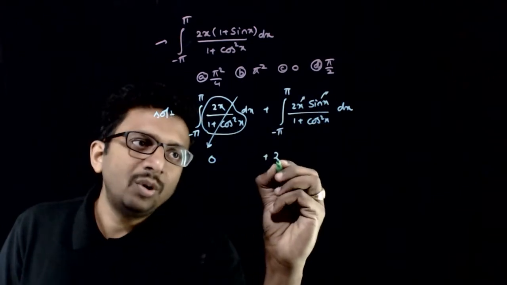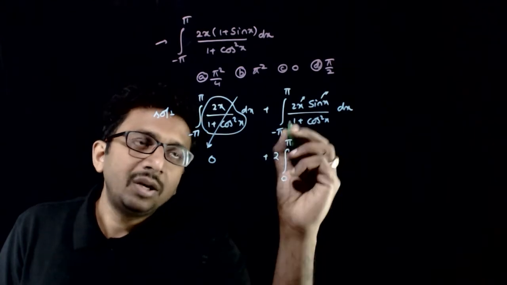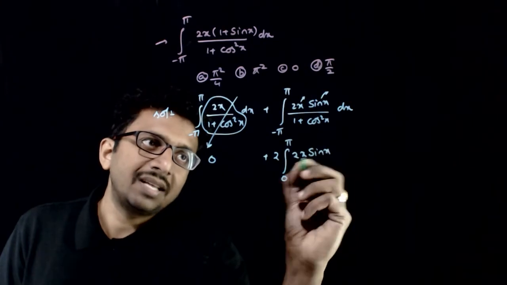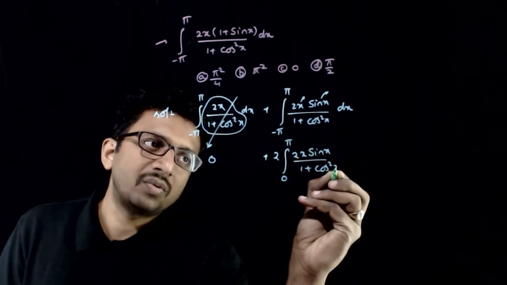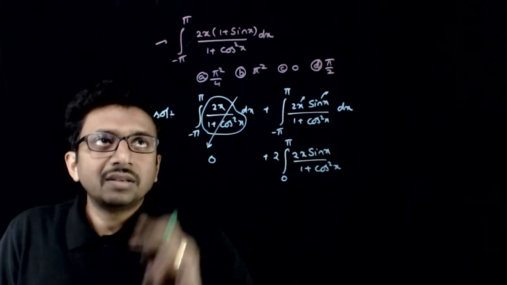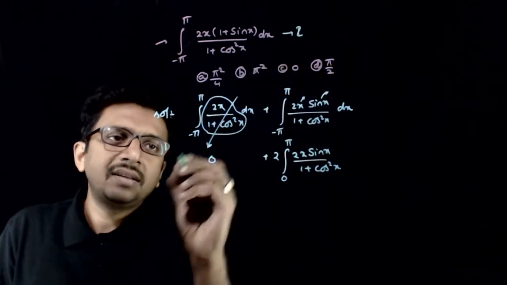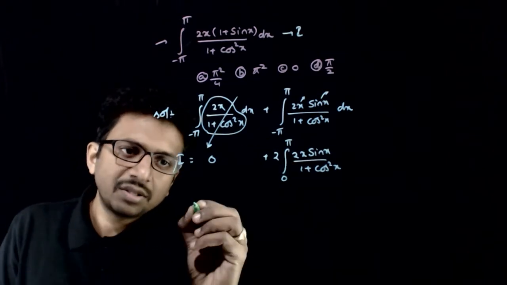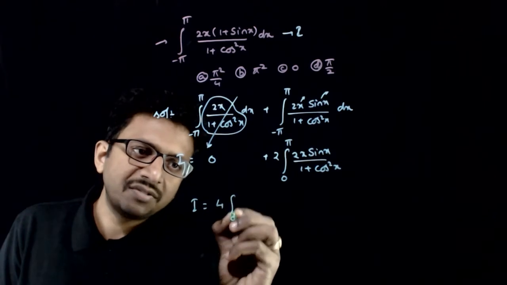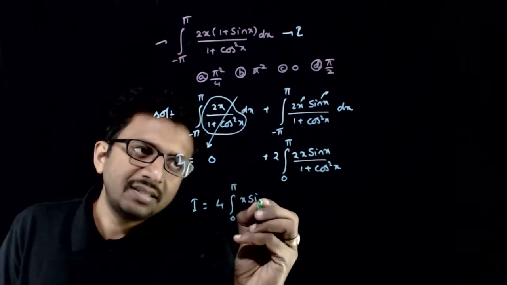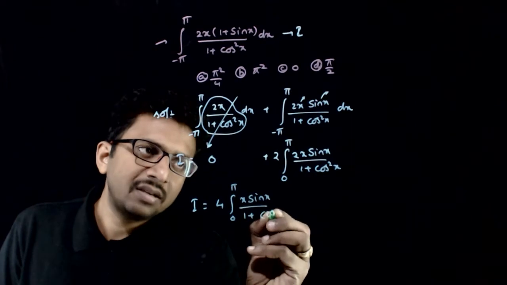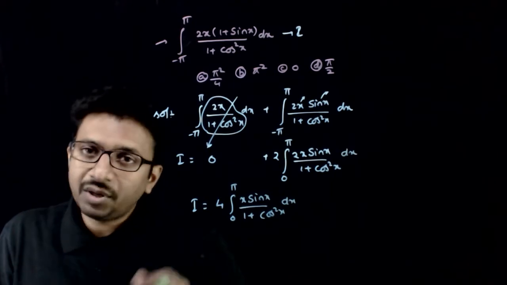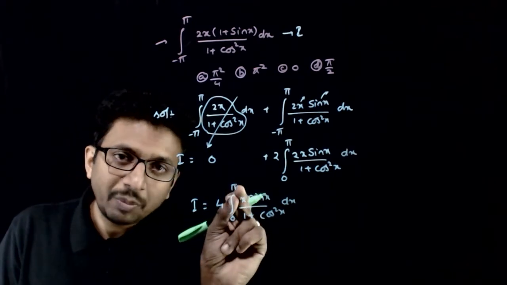So you are left with the same function. So this becomes 2 times integration from 0 to pi of 2x sin x. Again, 2 is a constant. So 2x sin x by 1 plus cos square x. If you take this as equal to I, this I is same as this. So now I is equal to 4 times integration from 0 to pi of x sin x by 1 plus cos square x dx. Now again we'll use the next property, which is we can put pi minus x in